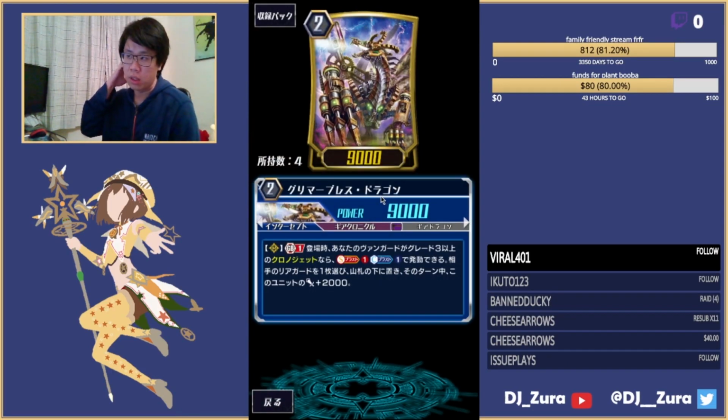And finally, the last card, the 4 is the Glimmer Breath. So his skill is a GB1 on place. If your Vanguard's a Chronojet, so you have to be on Chronojet, you can Soul Blast 1, Counter Blast 1, bot deck a rear, and then it gets 2k. So importantly, it's a very cheap source of intercept removal, but most importantly, it turns itself into